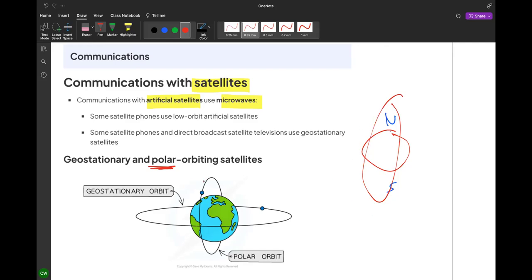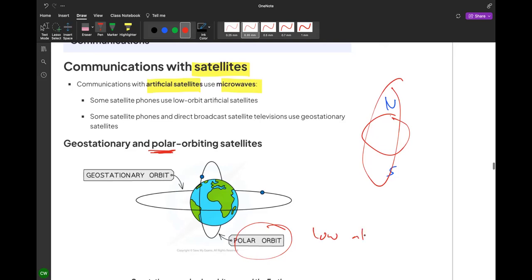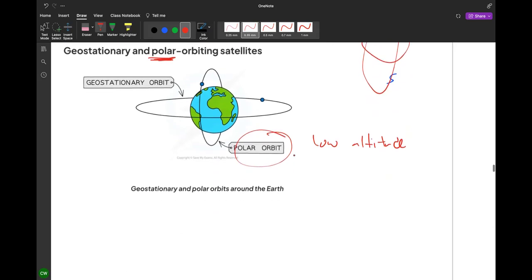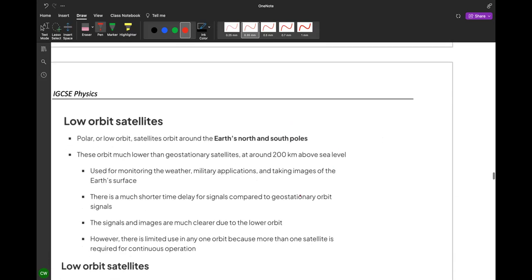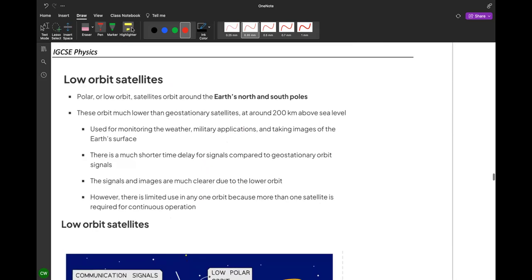That means this satellite will be closer to the Earth, nearer to the surface of the Earth. That's why it's called low altitude. So that means if you want to see, you can see the satellite with your naked eye. Some are moving faster. I think one round is maybe about 1 hour plus. So low orbit, polar, is a low one.